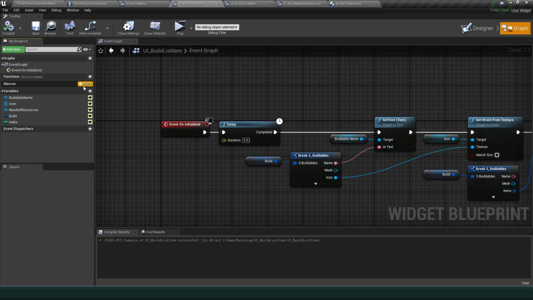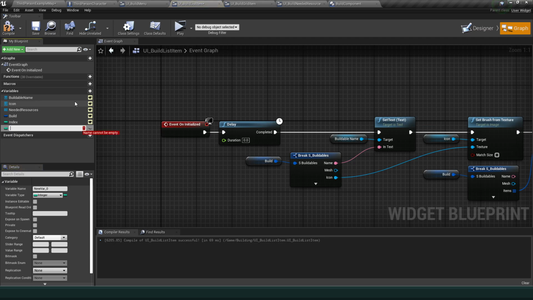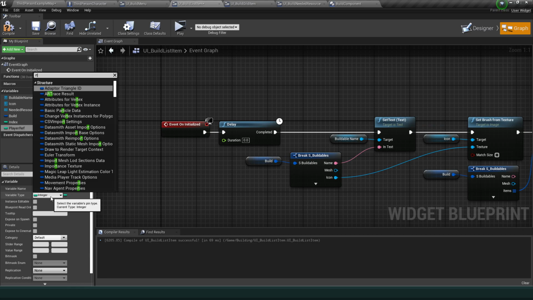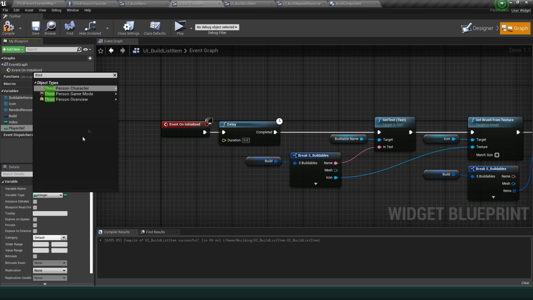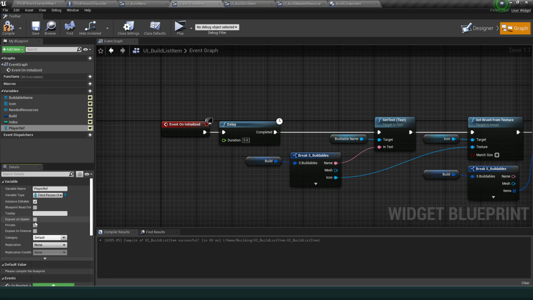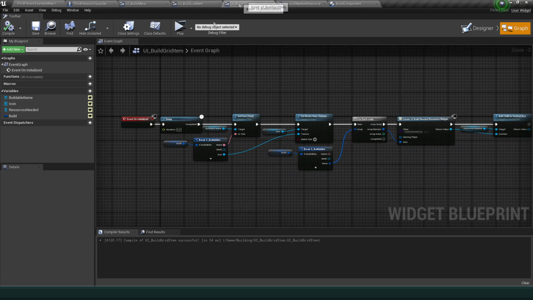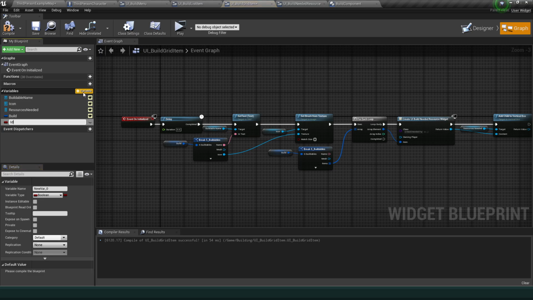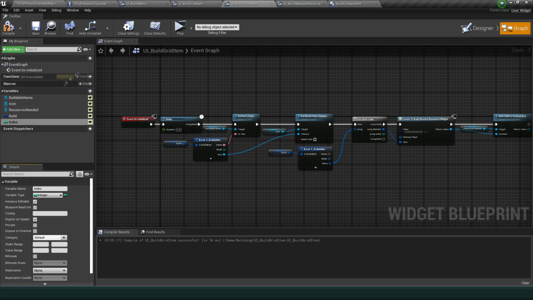So we also will need our player's reference. So I'm going to add a new variable and call this player ref. We're going to make this into a third-person character reference, instance editable, exposed on spawn, like so. And now I'm going to do exactly the same thing for the grid. So we're going to have an index, exposed, player ref,